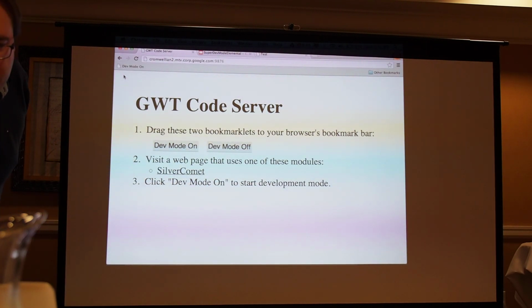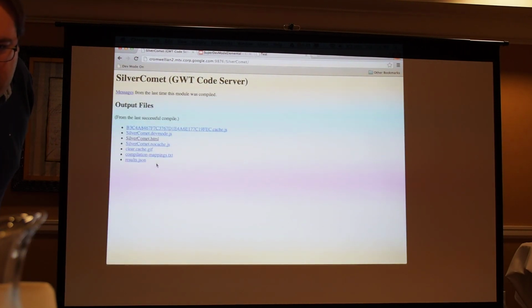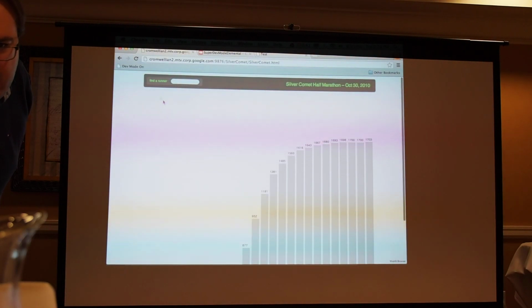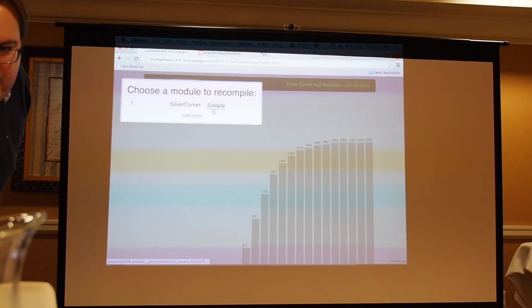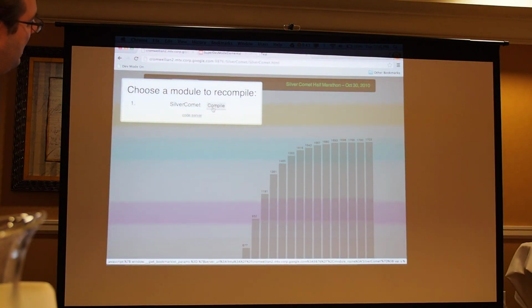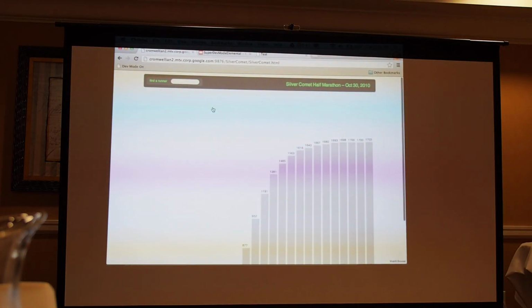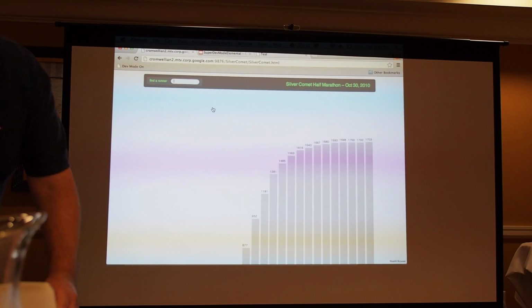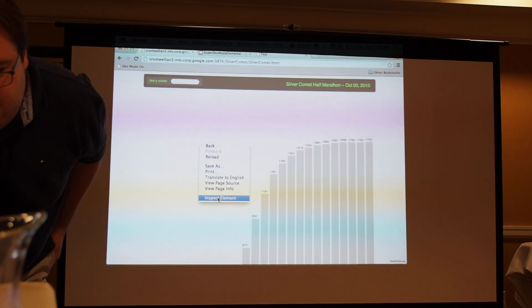So now I'm going to go back to the application, and I'm going to say dev mode on, and I have a little button here that says recompile. So it's compiling the app, and just like that, in less than a second, it recompiles the GWT app. That's a full compile, because it's a non-optimizing compile. And so now, if I open up the